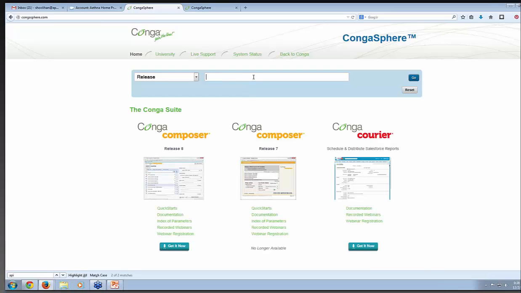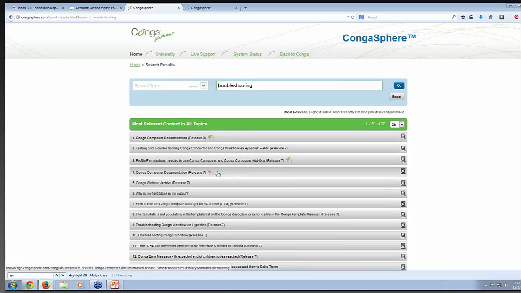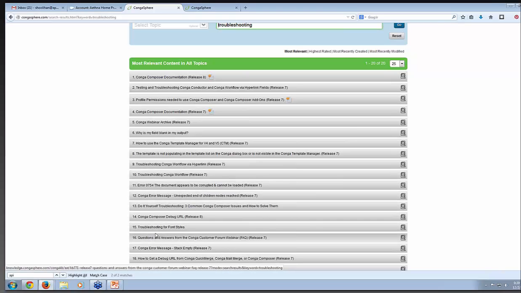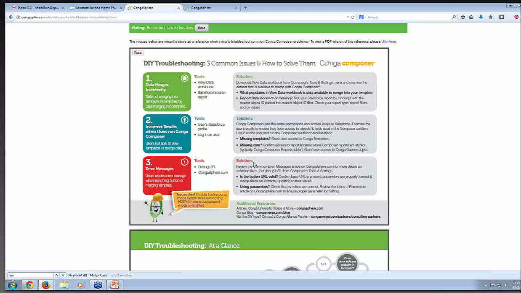So thanks, Ryan. I'm navigating back to that Congasphere page, and I'm having trouble typing and talking at the same time, but if you search for troubleshooting, this is going to be a little bit further down, but it's this: Do-it-yourself troubleshooting, 3 common Conga Composer issues and how to solve them. So just like our webinar, we have the job aid exactly as Ryan was discussing it right in an article here. If you read this part at the top, you can get the PDF version by clicking this link here. If you just want to pull it up to refer to on the fly, then we have the